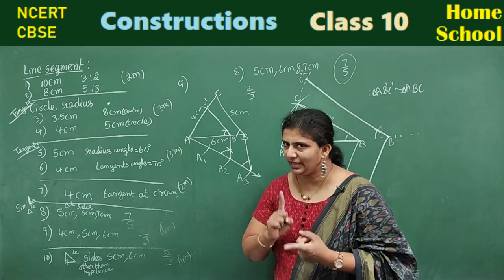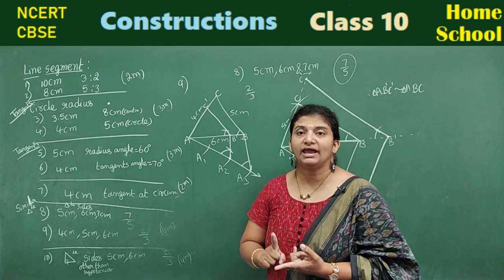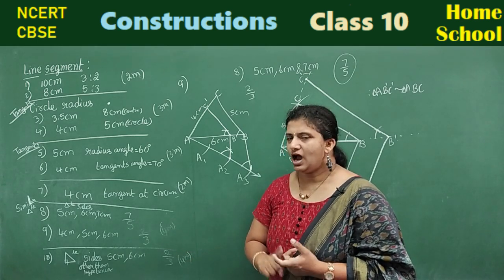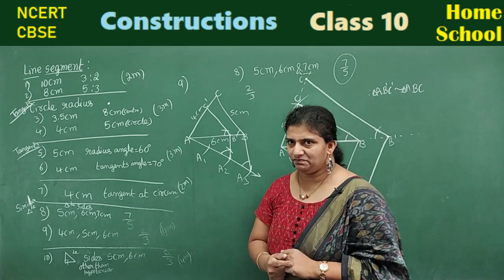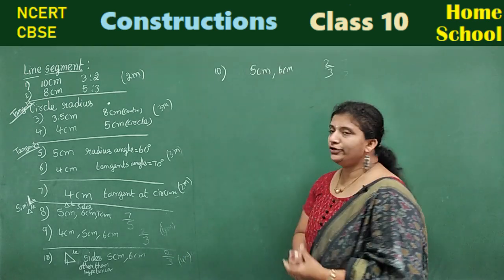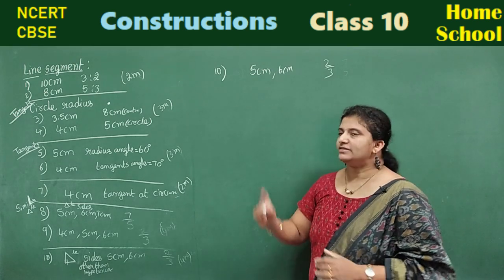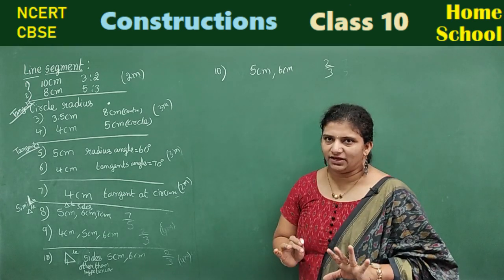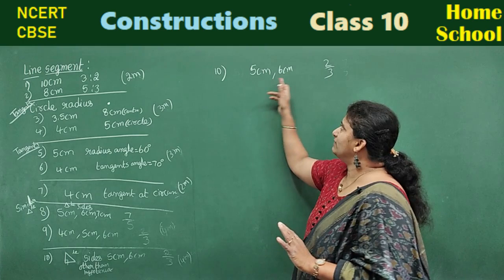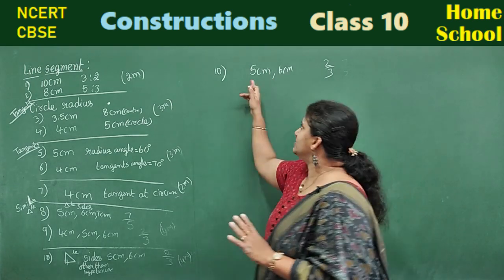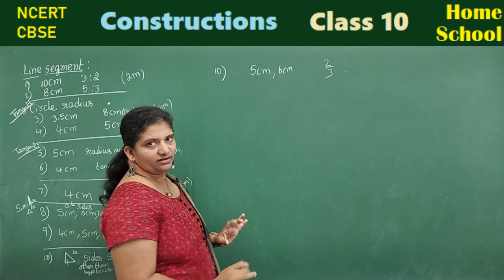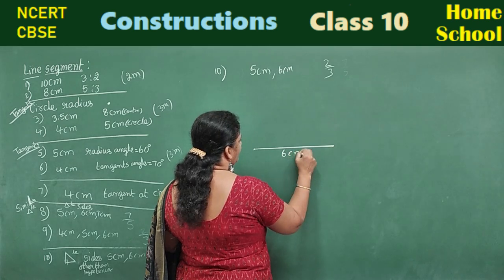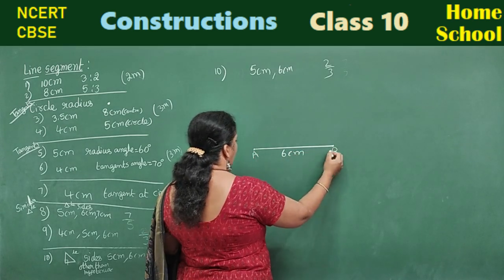Right angle triangle I need to draw first. They have given the two sides other than the hypotenuse, and the ratio 2:3. We need to draw the right triangle first. What do we need in the problem? I have written it as a shortcut. First, 5 and 6, which is greater? 6 is greater, right? So, draw a line segment of length 6 centimeters and mark this AB.